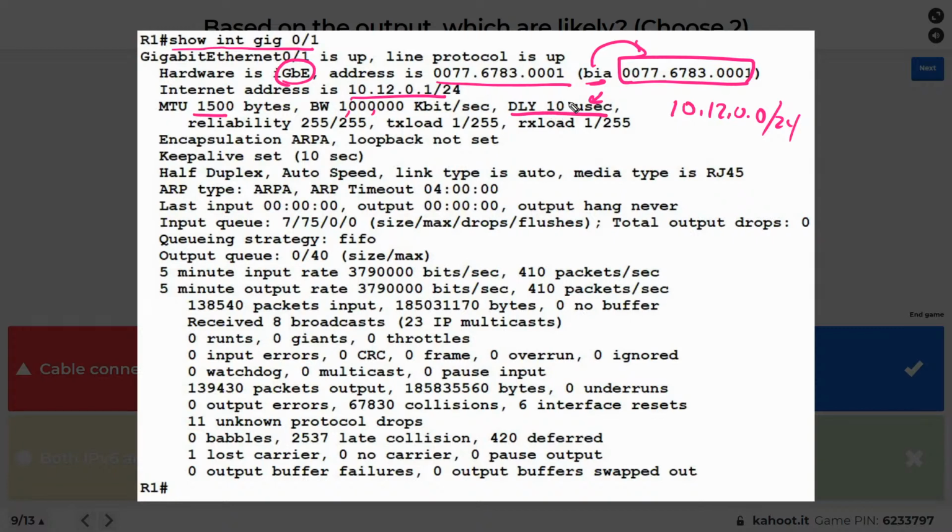Does that mean that every packet forwarded in and out of this interface is always going to be 10 microseconds? No. It just means that's the default for a gig interface. And then routing protocols like EIGRP, they use the delays and sum of delays as part of their composite metric. Also, if you're new to the channel, the blueprint for CCNA does not mention by name EIGRP, but I did create 1 or 2 small videos on EIGRP that I put in the CCNA playlist here on YouTube. You're definitely going to want to check it out.